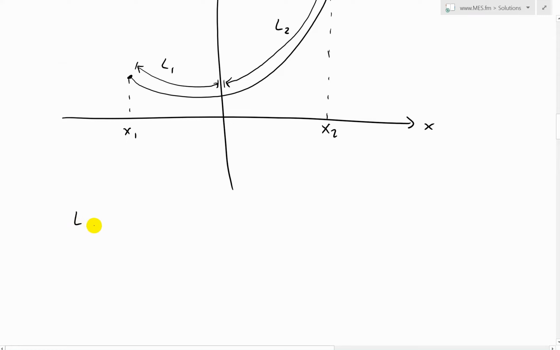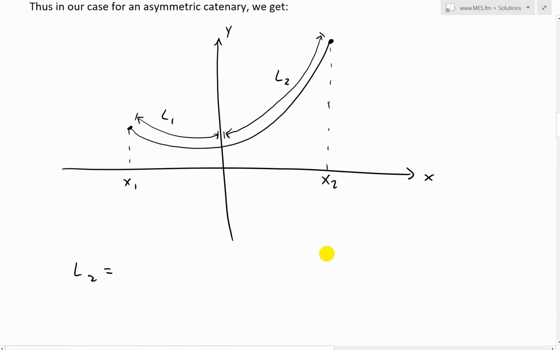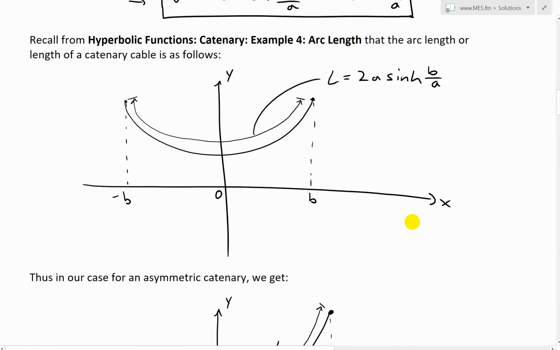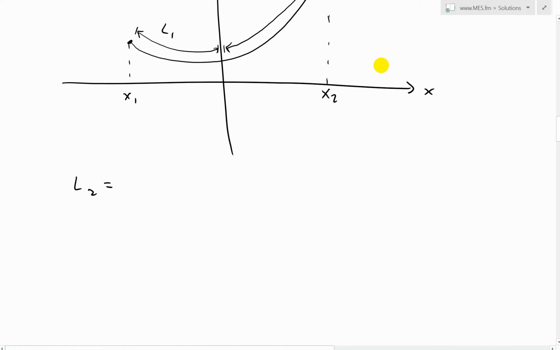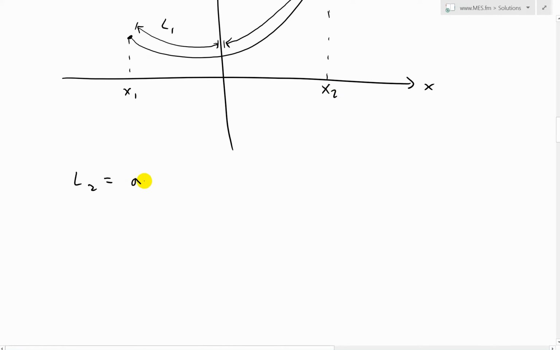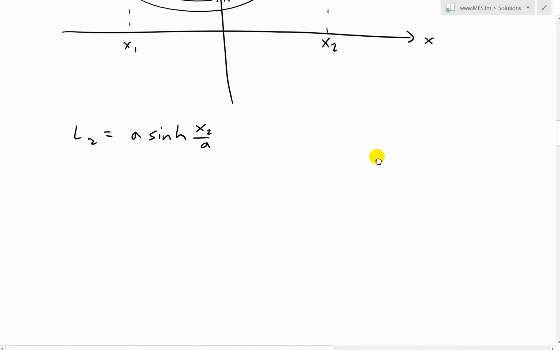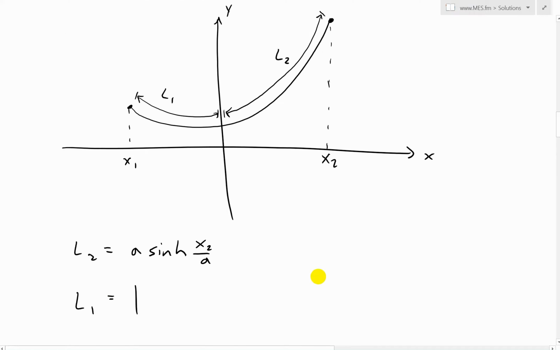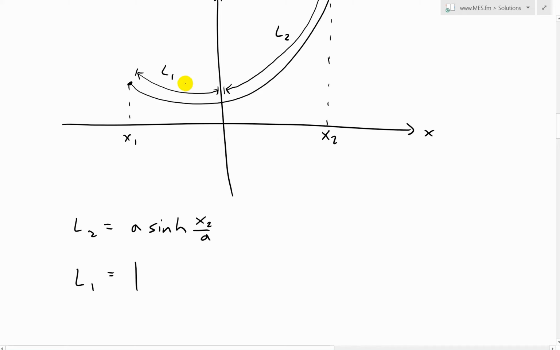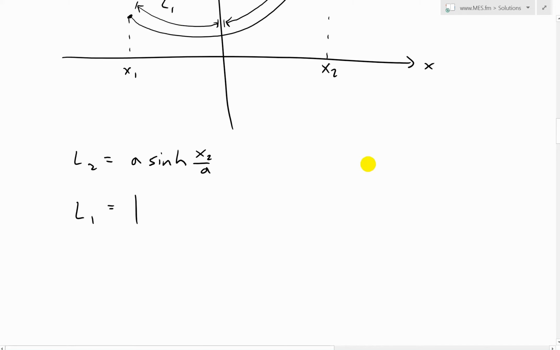But we know that L2, this is an easy one, is just positive over there. It's going to be half of this. So that's going to be 2a sinh b over a, but b is now x2. So this is going to be a sinh x2 over a. So that is L2. And L1 is going to be equal to the absolute value. We're going to assume a is constant. We'll do the absolute value because we're going to deal with negatives in there, since we're going on the negative side there. So this equals the absolute value of a sinh